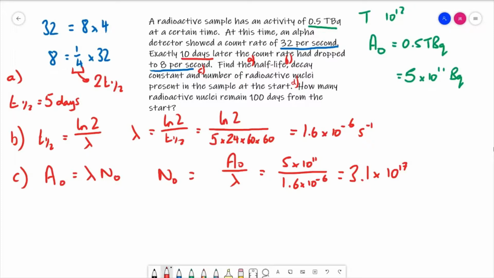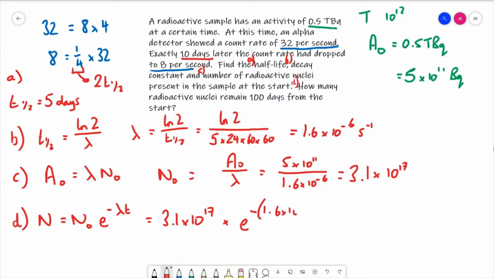For the last part then, for part D, how many radioactive nuclei remain 100 days from the start? Now there are a couple of different ways of doing this. Firstly, I'll show you the brute force and ignorance way, just by using the decay law itself. N is equal to N naught e to the minus lambda t. Now we've got N naught, that's 3.1 times 10 to the 17, and we can multiply that by e to the power of minus, put this in brackets, 1.6 times 10 to the minus 6, which is lambda, our decay